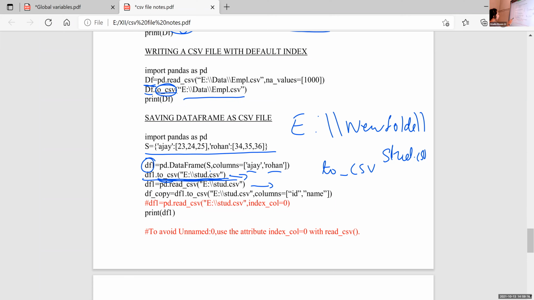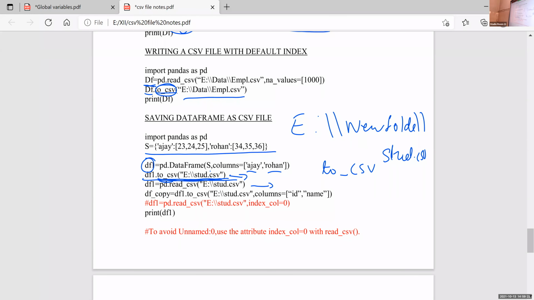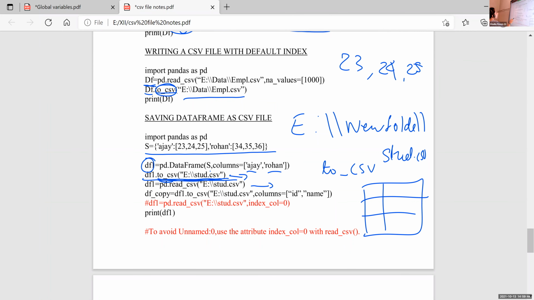df1.to_csv. Then after that, df1 is equal to pd.read_csv. First, I create one data frame, and after that, I convert that data frame into CSV file. So it will display just like a tabular comma separated value. That is, Ajay, 23, 24, 25, just like that in df1.